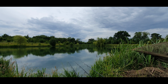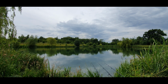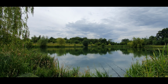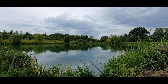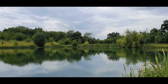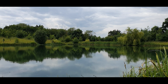So let me just adjust this. So here's the rods, and I have pretty much all of the bay. There's a swim marker just to the right there, just next to the lighter coloured tree, and it goes all the way around to the big willow, just the right hand side of it. But I don't know if you can see, but there is fish movement about. They are in the upper layer, so I might have to possibly look at putting a zig out. I can just see them breaking the water. It is warm,